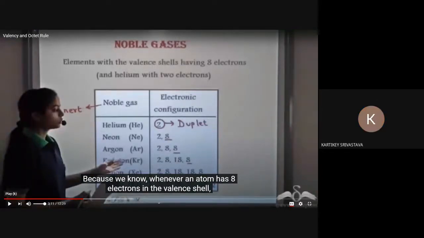Ma'am, what is the meaning of inert gases? Inert means unreactive. See, their outermost shell has how many electrons? 8 electrons, ma'am. 8 electrons in the outermost shell means they are stable. Why do atoms enter into chemical reactions? To gain 8 electrons in the outermost shell. They already have 8 electrons in the outermost shell. So that's why they have the least tendency. But recently, some of the noble gases like xenon and krypton, even argon compounds are formed.